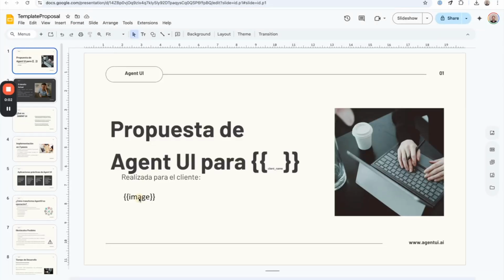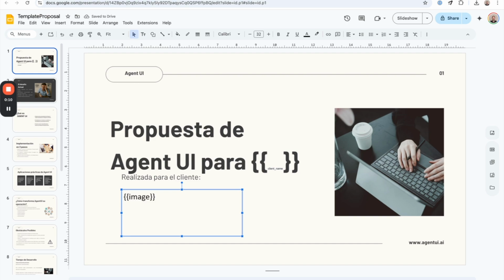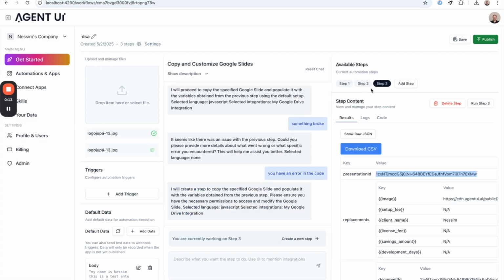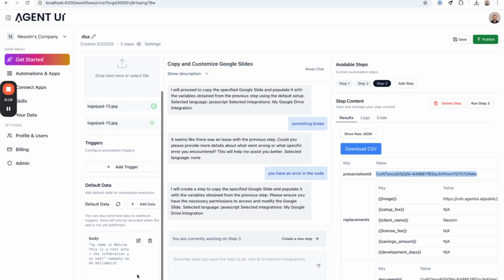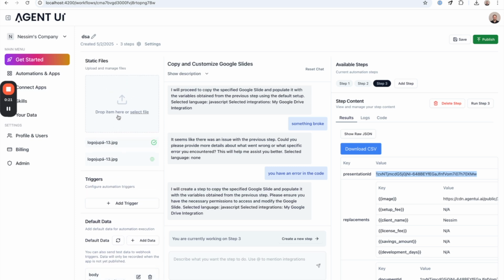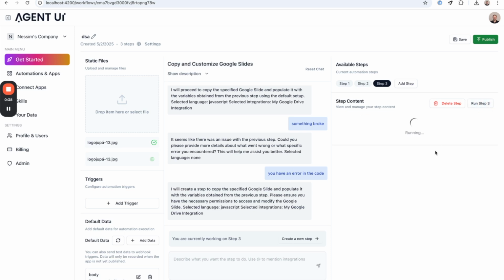I also added an image to be able to place logos inside that image. You can also do that by uploading. If it's a form, or if it's an email, you can send the image via email. Or if it's a static image, you can add the image here and then click the button to make it public. Then you can tell the AI that you want to replace that image, so that when you run that step, it automatically replaces the images